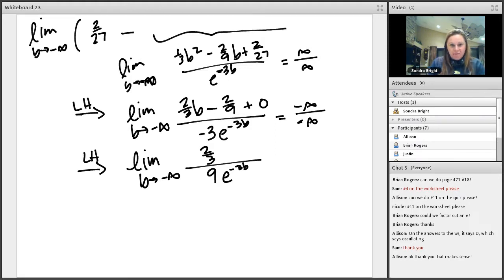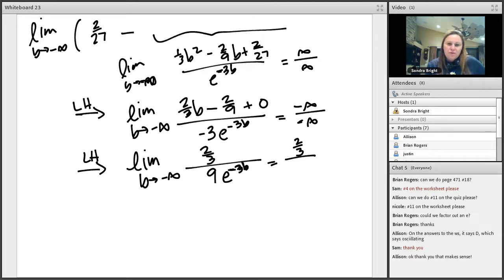So now, when you plug in negative infinity, which I say plug in, technically we're not supposed to be plugging in, but you're really taking the limit as b goes to negative infinity, which means that it's 2/3 divided by a negative